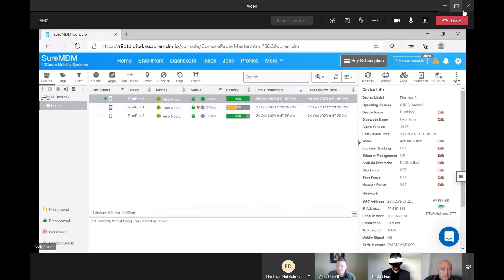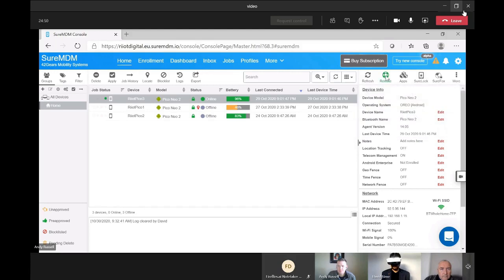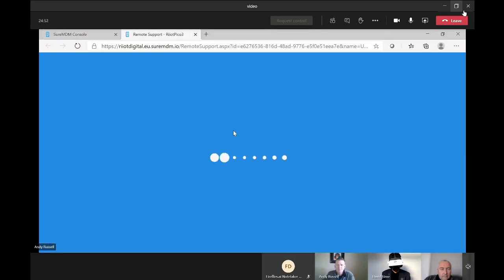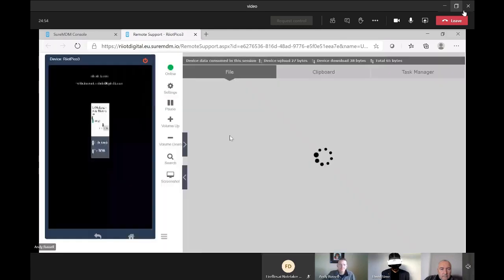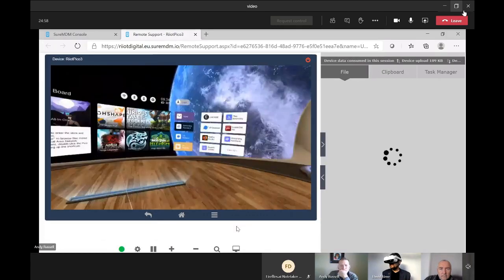Great stuff. Thanks, Andy. So I'm now going to go into Engage, which is the VR platform that we're using at the moment. And again, it should probably show, in fact, here's the cool thing. If you ever had to guide somebody remotely how to do this, you can actually see what they're seeing. Andy, do you want to bring up the...